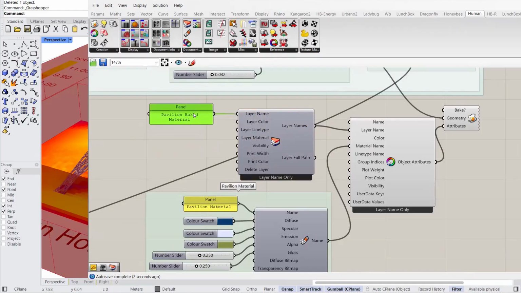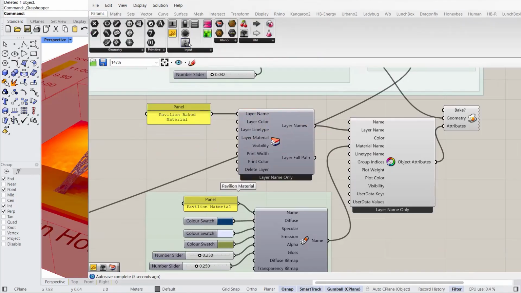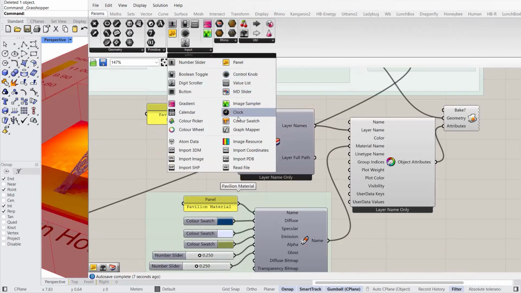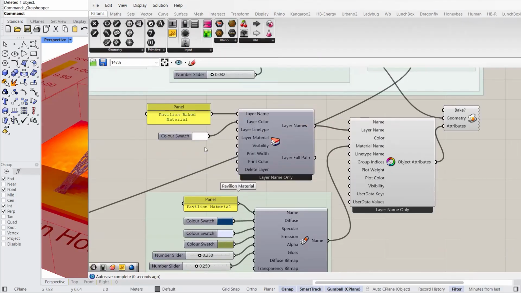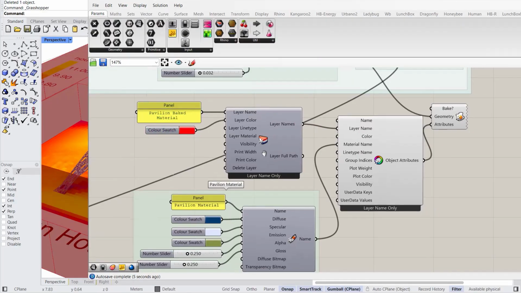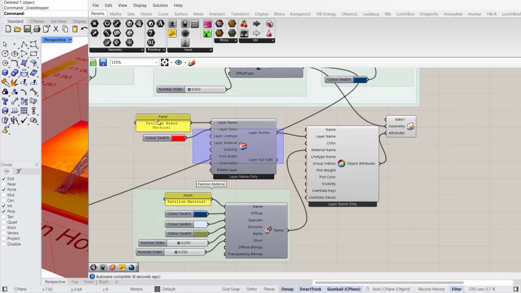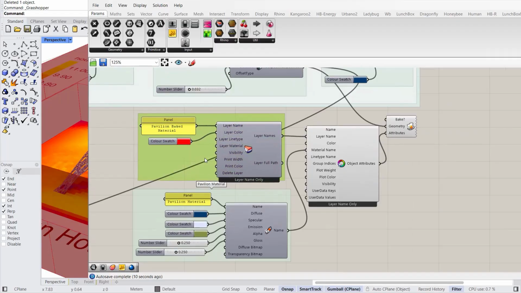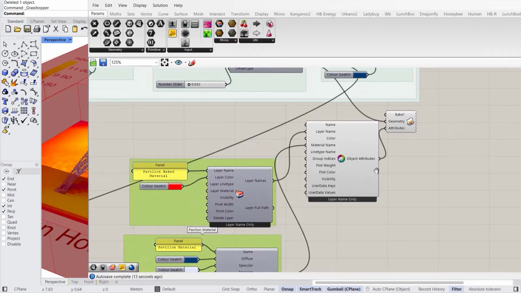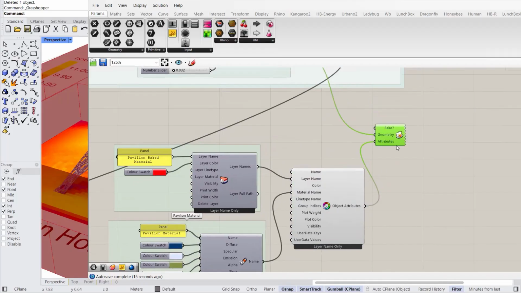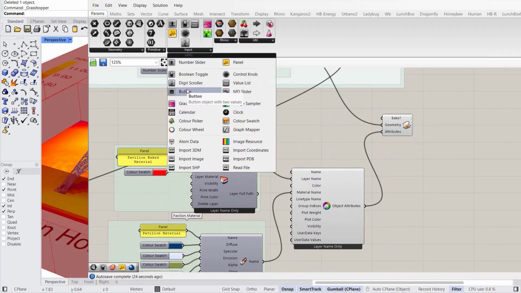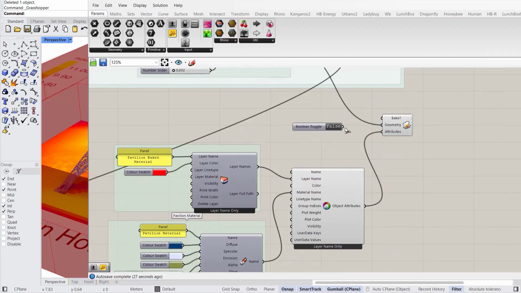I can give it a layer color. For instance, make the layer color red. There are other things as well, but let's just give this a try. All of this, I am setting up in a way that I can basically send geometry out of Grasshopper. And the last thing is I need to set up a toggle here. I'm going to go to my parameters under input, grab a toggle, a Boolean toggle. And if I set this to be true,